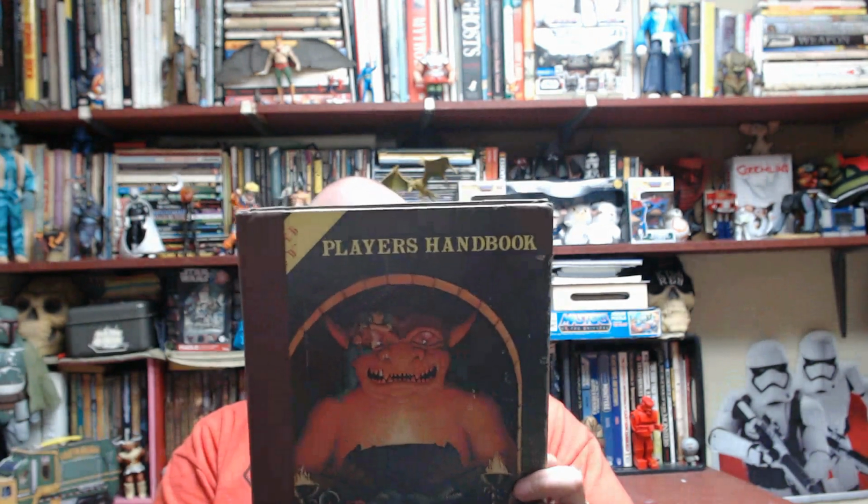Now, before we jump into this book, as you can see, it came from the local library. They had to refix the spine, which is probably half my fault from reading the sucker so much growing up. And I eventually saw it for sale in one of their book days, or whatever they would call them, where they would have a lot of their old stock on sale. And I just had to buy it because I have so many fond memories of this book. So let's take a look at it, shall we? In a segment I like to call